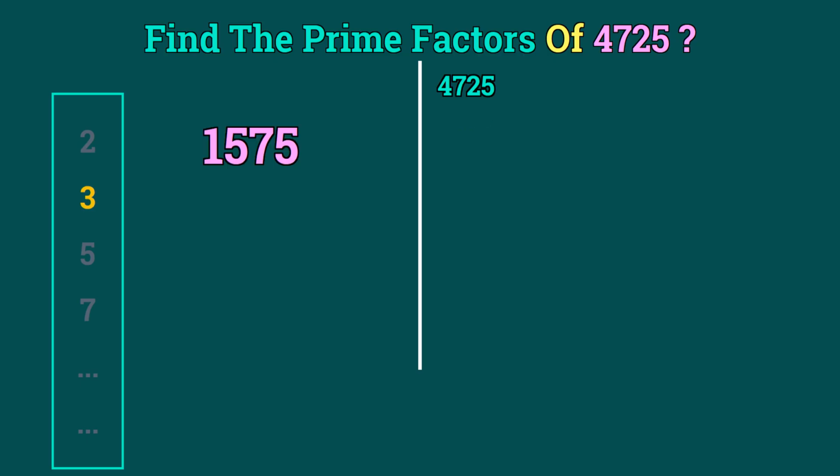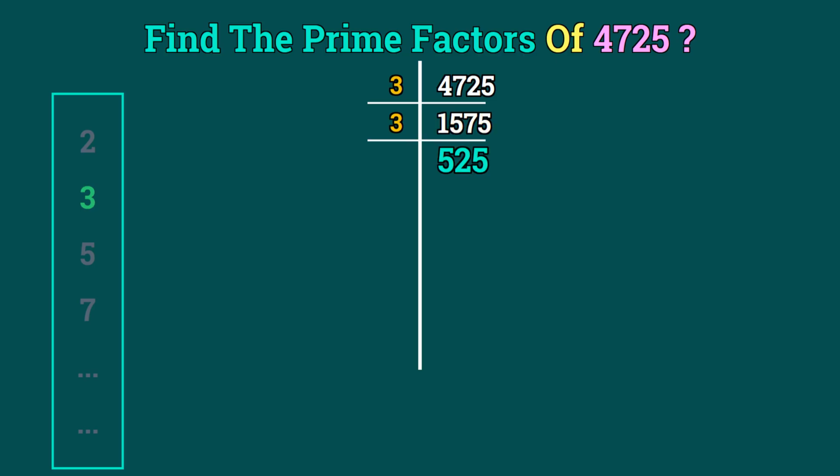1575. So 4725 divided by 3 equals 1575. Dividing 1575 by 3, which equals 525. So 1575 divided by 3 equals 525. Dividing